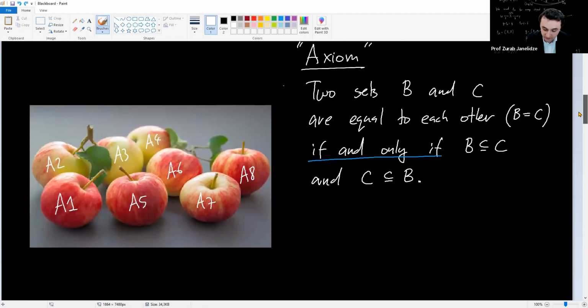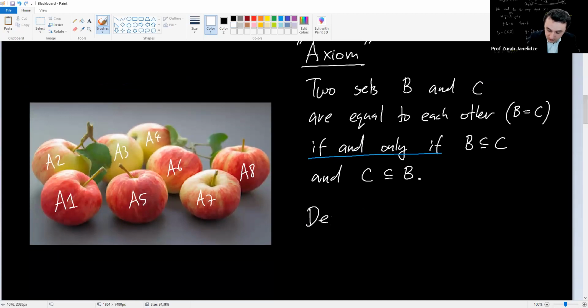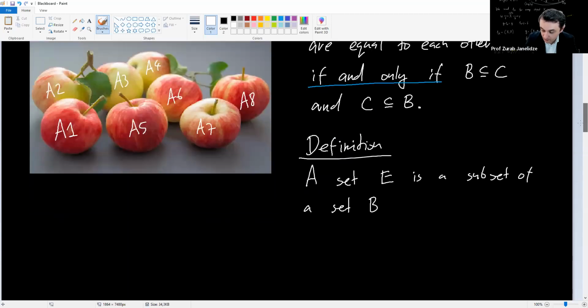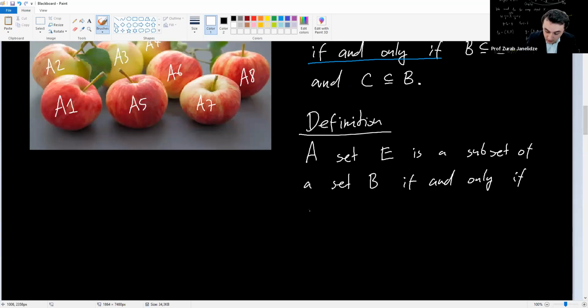So let's write out the definition for being a subset in more concrete form. A set E is a subset of a set B if and only if every